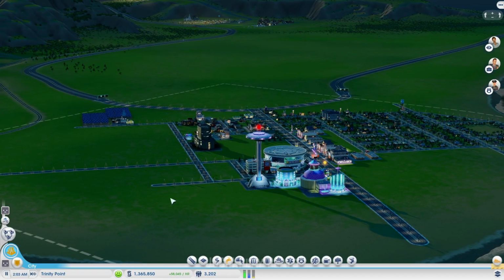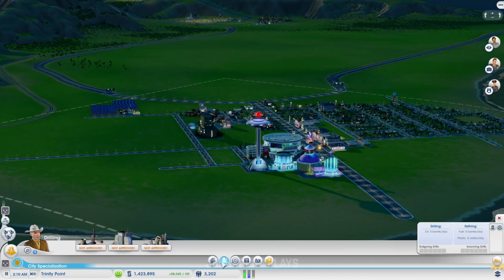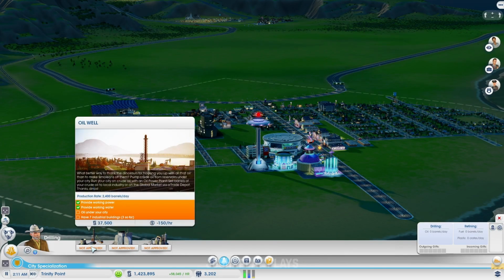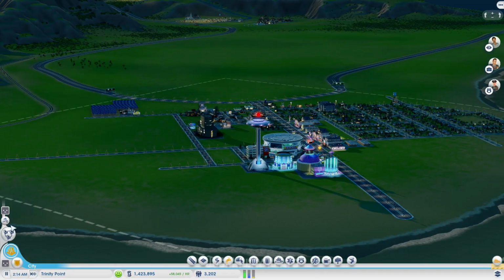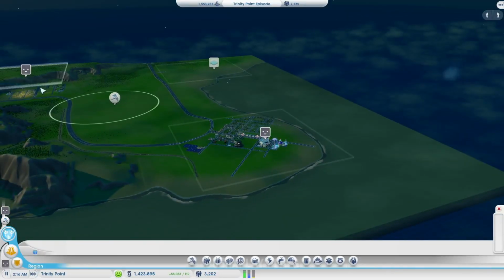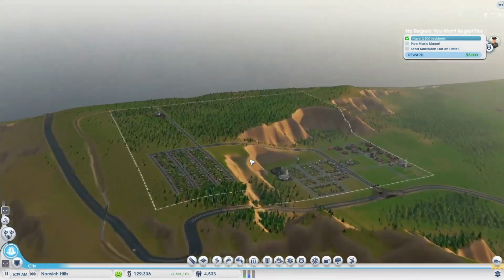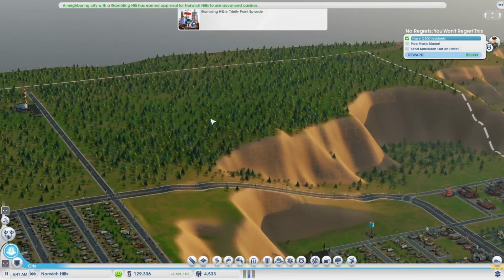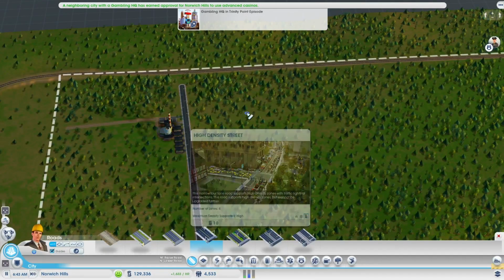And today, what I want to do is try to explore the different types of industries that we have, resources especially. So we have mining and we have oil, which have not been approved. So let's try to go into our other city, because I think it is here where we are going to do our little industrial area. So let's draw some roads